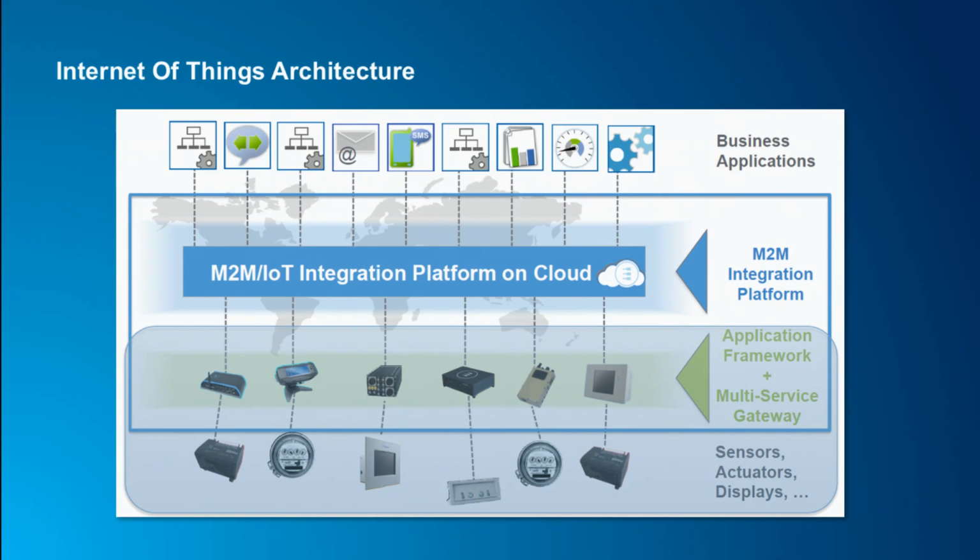The business application layer is where the GeoEvent server fits in. It ingests data from the IoT integration platform. It performs real-time analysis. It can generate notifications or alerts, and it can also write commands back to the IoT integration platform to instruct the devices to perform certain tasks, such as turning on a light or changing the color